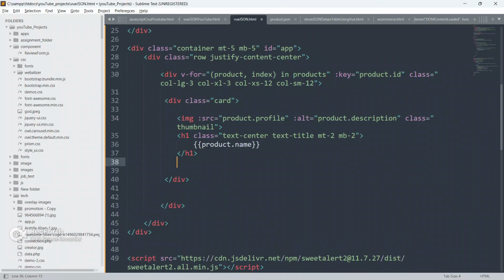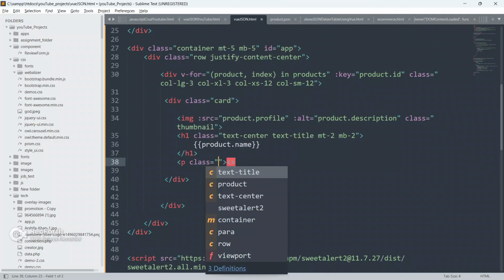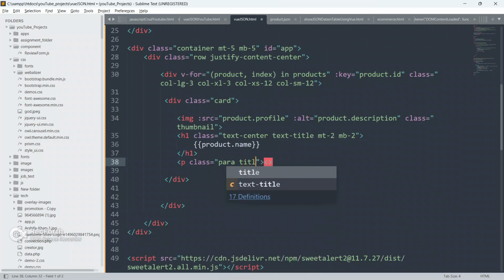Go to the code again, and below this h1, I'm going to create a p element. Give it a class as para, and title also. Close this p first, and inside this p I'm going to display the country.